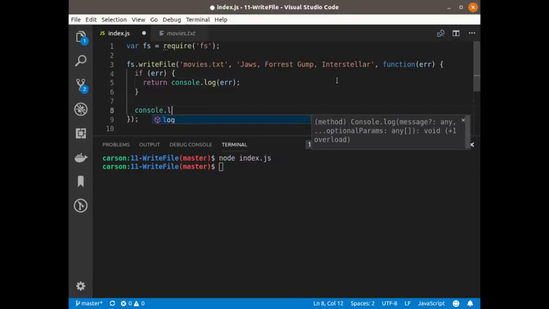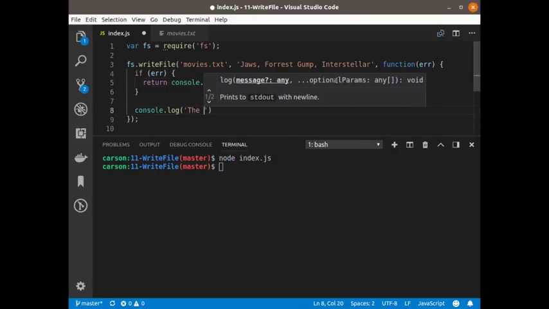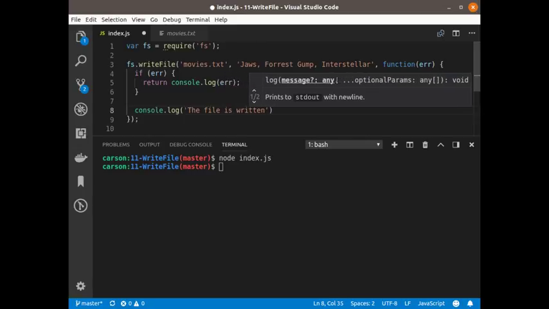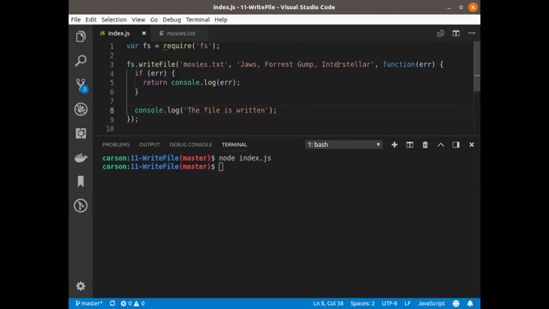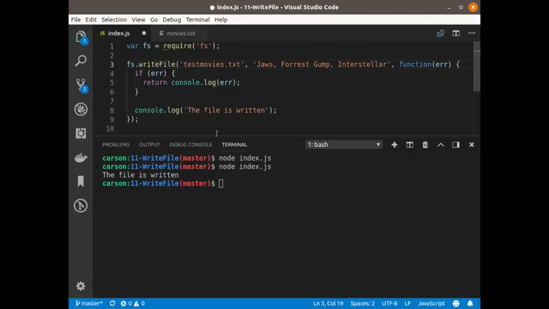Otherwise, the file is written. We can say the file is written. Why don't we see what happens when I run it again. The file content's not going to change at all, but we see it says the file is written. This is called after the file has been created. Now, if we want to see what will happen when we have an error,